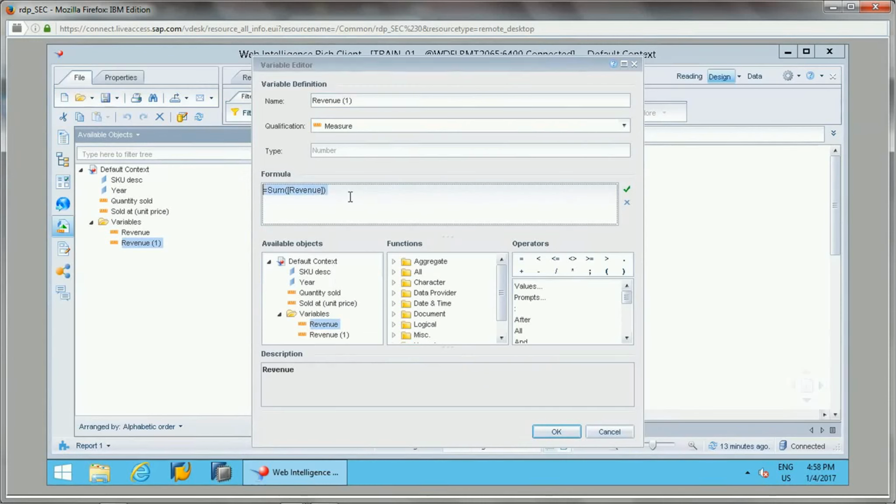Whatever the sold into quantity, sold at unit price value, the input context should be like this: year is the first context and SKU description is the second context. Okay, so this is one thing we need to consider.